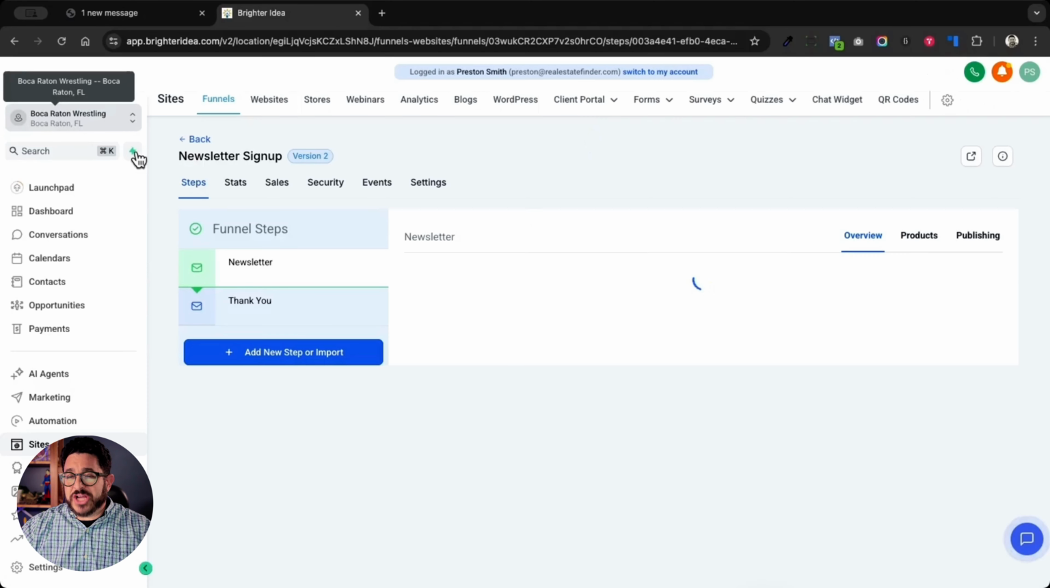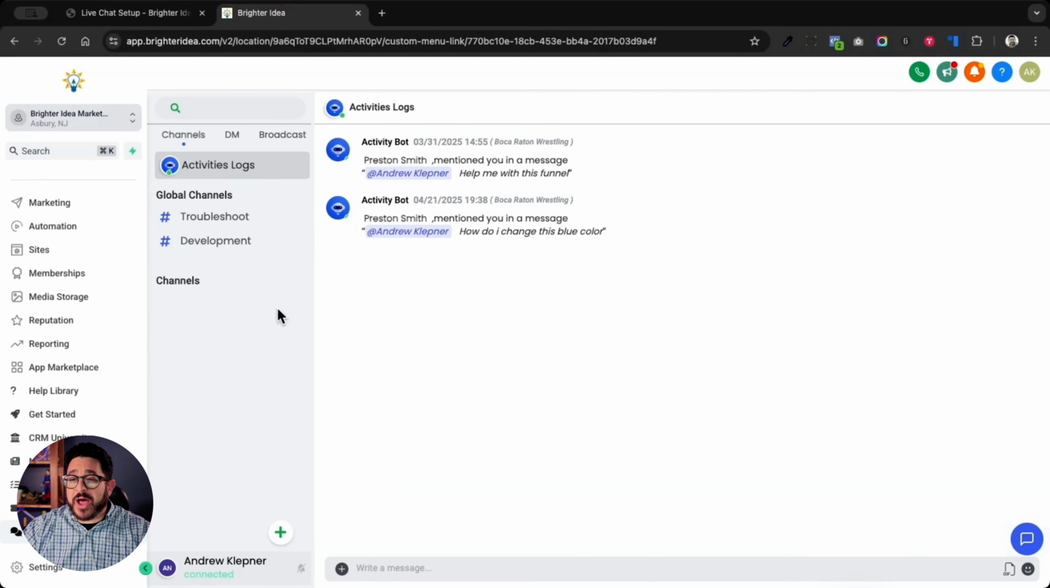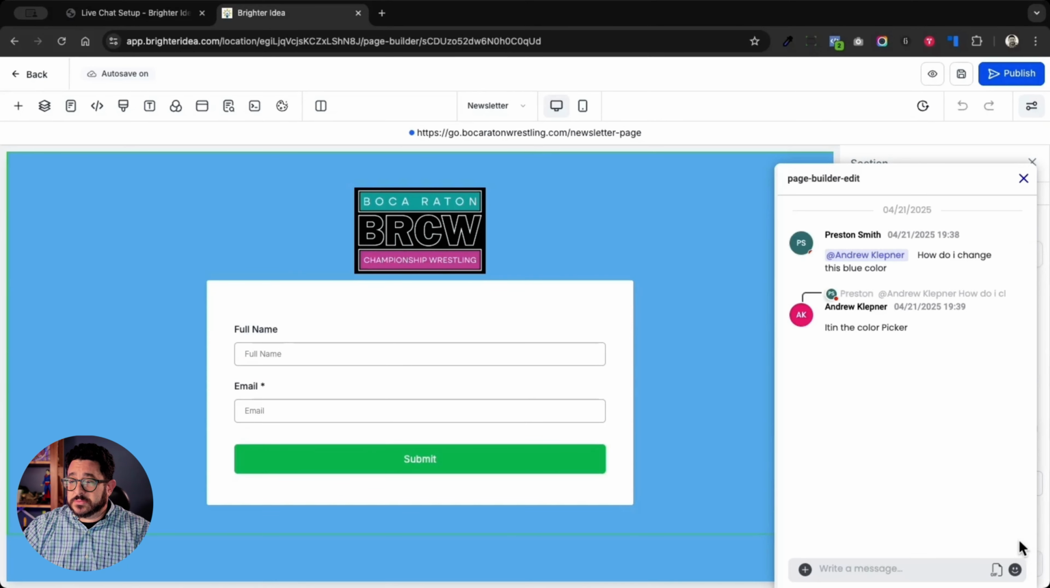Now I'm going to hit the back button and show you what it looks like on my end. Within my chat in the activity logs, I'm going to see how do I change this blue color. That's the message that I'm getting from that client, and I can respond to him directly. I just click right over here and I say it's in the color picker or whatever I need to do to help them. And then I click over here and I've sent them the message. And within their chat, they've seen that I've replied. When they click on it, they'll see my message. It's in the color picker. That way I can communicate directly, knowing exactly which page that they're working on within their funnels and help them